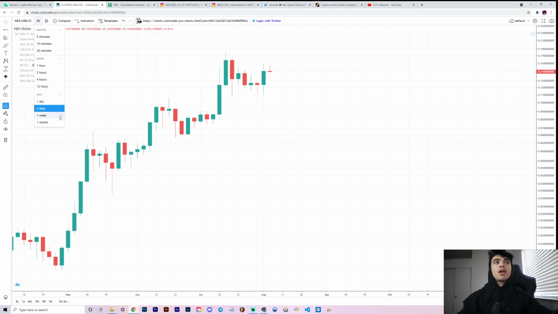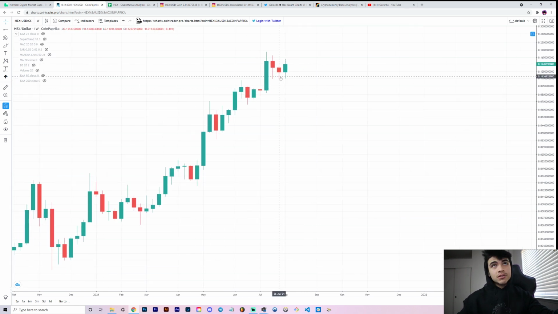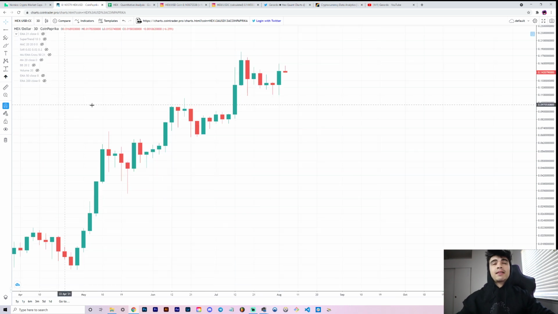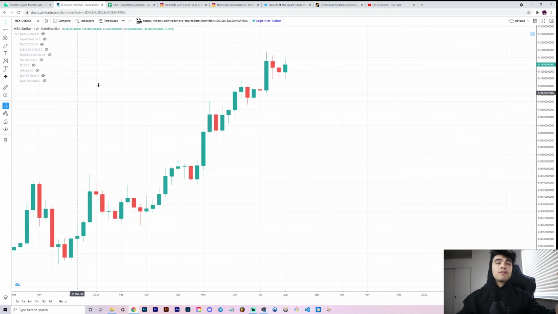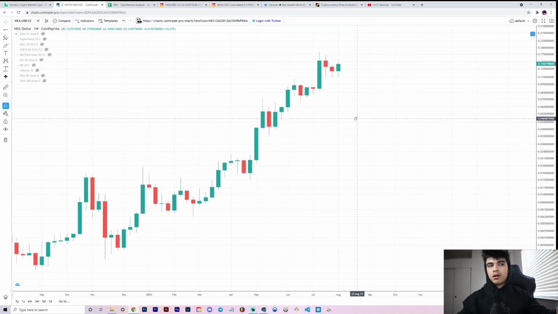Love to see it. On the weekly, we also have a bullish engulfing candle, albeit that one's going to close on Sunday at the UTC turnover, right? So whatever that is in your time zone. So I like what I see. I like the fact that on the 3-day, our bullish engulfing candle already closed. I like the fact that on the weekly, we also have a bullish engulfing candle, and we are pretty much